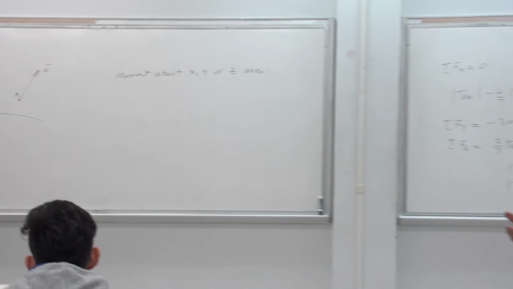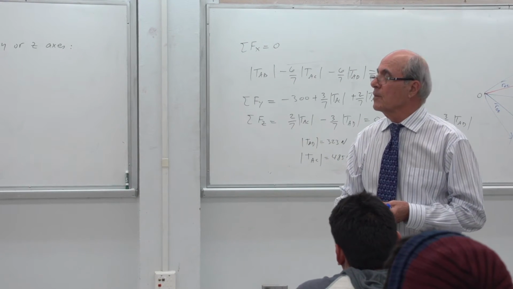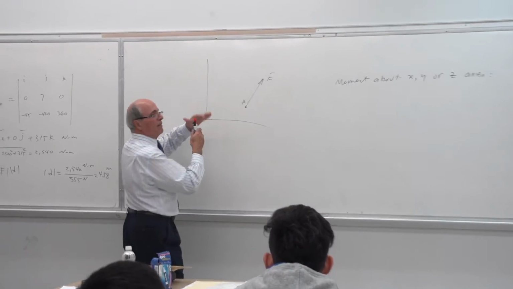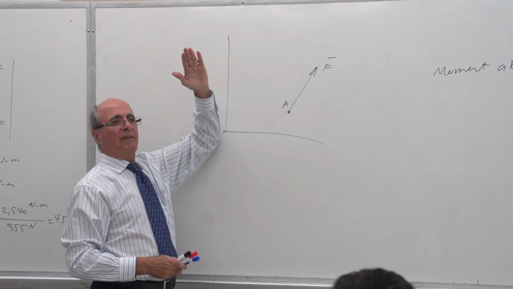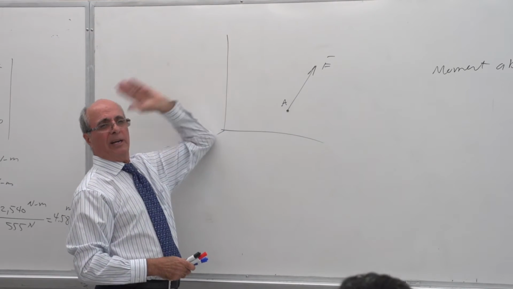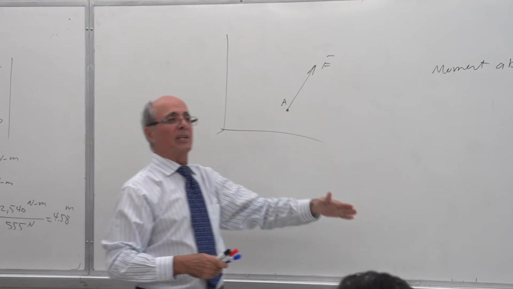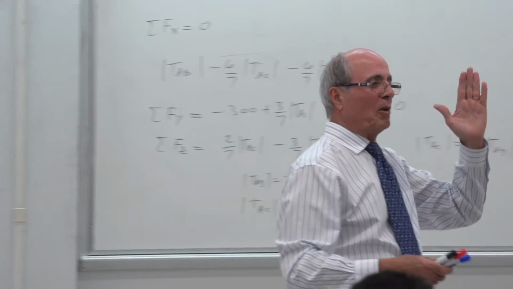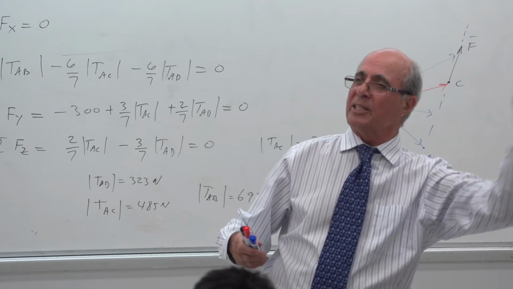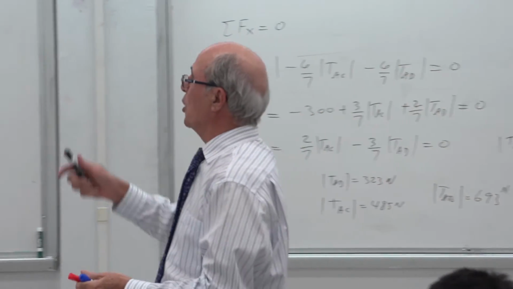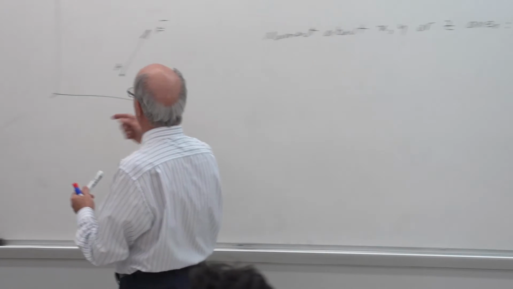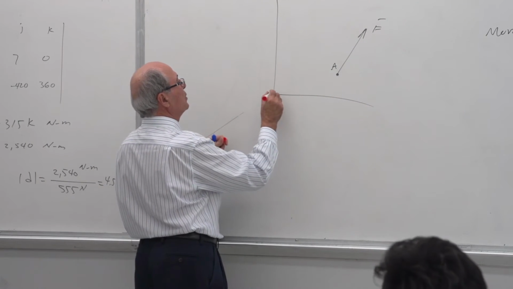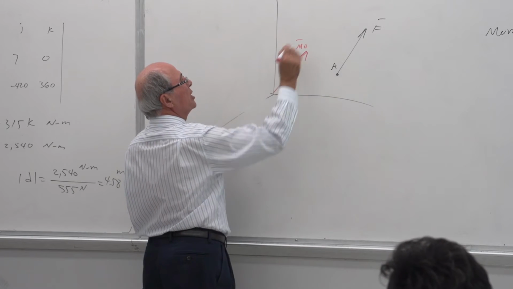Can I take the moment about point O? Yeah. You see, the moment of this force about point O is a vector, yes or no? And that vector has three components, x, y, and z. What is Mx? Mx is the moment about the x-axis. What is My? My is the projection of that vector over the y-axis. That's what I showed you here. Previously somebody asked me, what did I show you here? I said, okay, this is a vector. Let's assume this vector is MO. This is MO, yes or no?